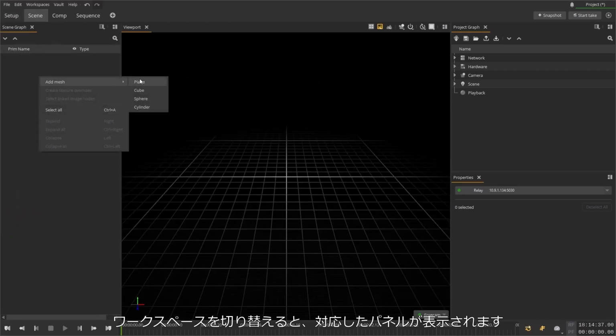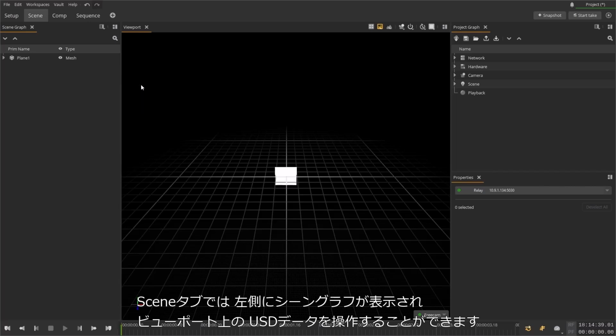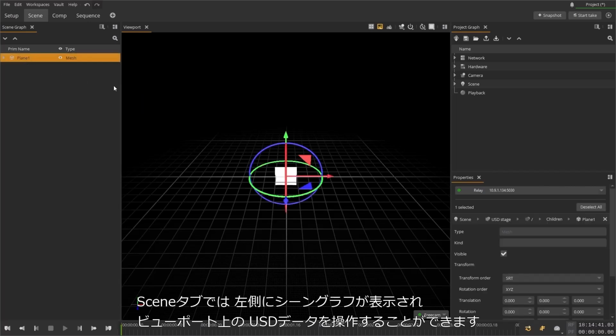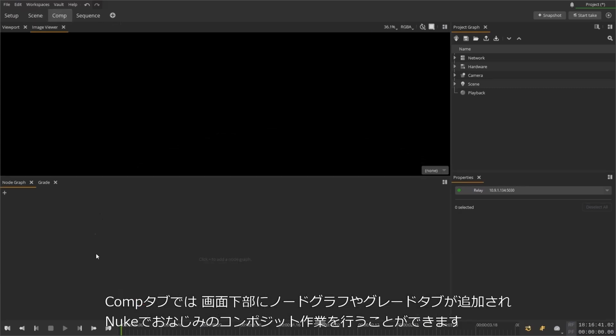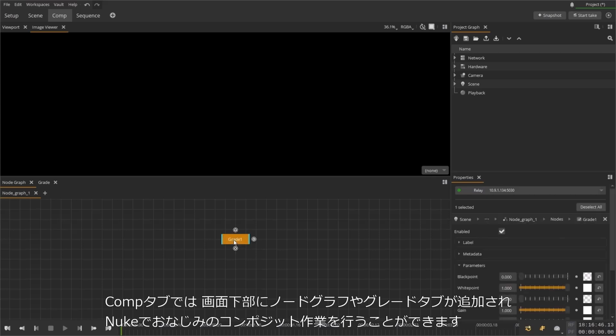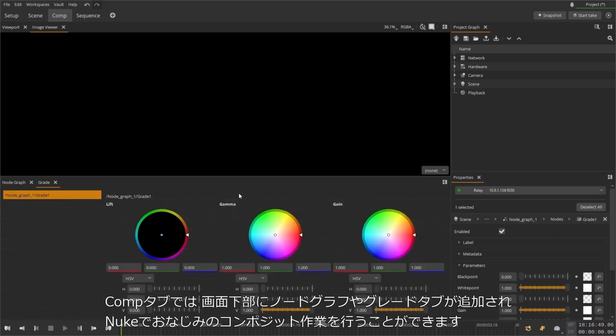Now, if we switch the workspaces, we start to introduce other panels that are relevant to the operation of that workspace. With the Scene tab, we have the Scene graph on the left, which allows us to manipulate the USD data in the viewport. The Comp tab introduces the Node graph and Grade tabs at the bottom of the screen, and this is where you'll be able to do some of the same tasks that you can do in Nuke using the familiar nodes